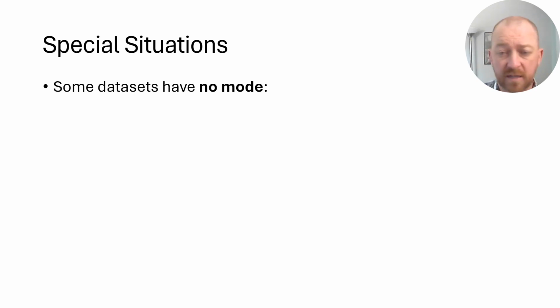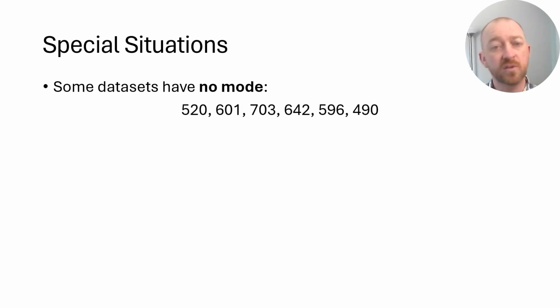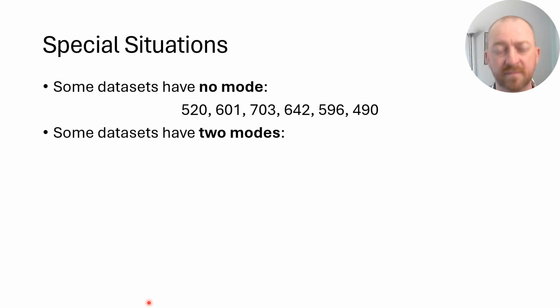Okay, some data sets don't have a mode, and that's okay, because the definition is that it is the most frequently occurring score in a data set. So you might have a data set, maybe a small one, that just doesn't have anything that repeats at all. As you can see here, I haven't organized this one from lowest to highest, but it doesn't matter. We can do a quick look here and see that there are no repeating numbers, and therefore there is no mode to the data set. So the mode would be useless in this particular data set.